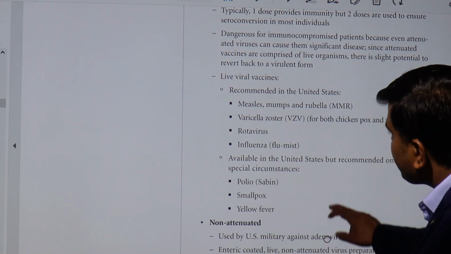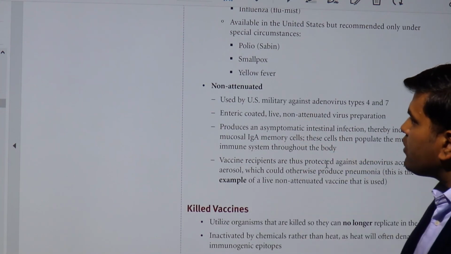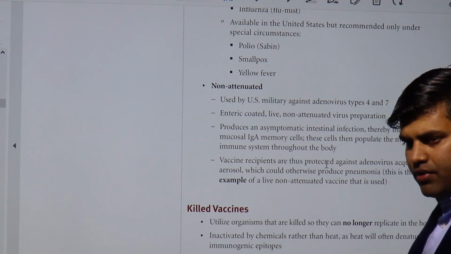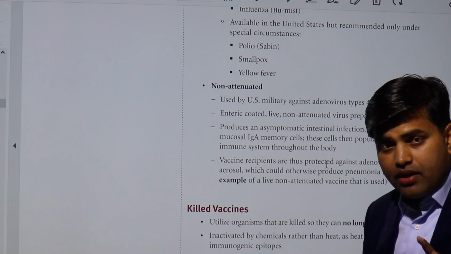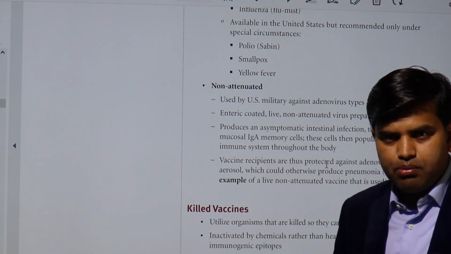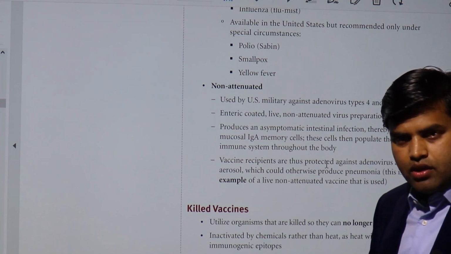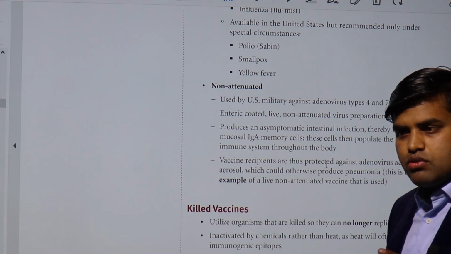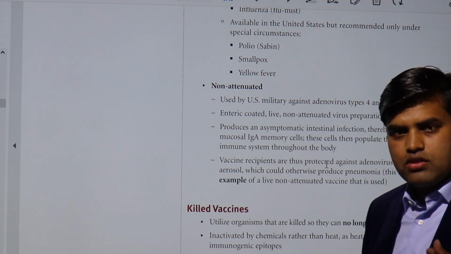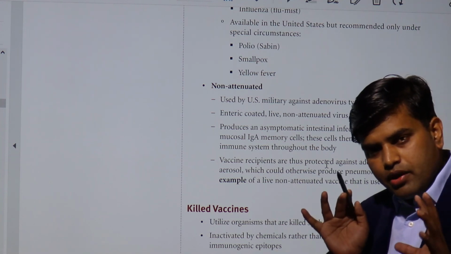Now coming to another concept, non-attenuated. Sometimes, although it is a very rare scenario, we give the pathogenic virus to a person to develop antibody. So if a person is healthy, we expose that person to the pathogenic virus, not an attenuated one. We have preserved the